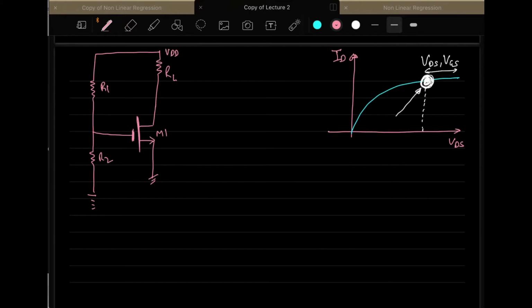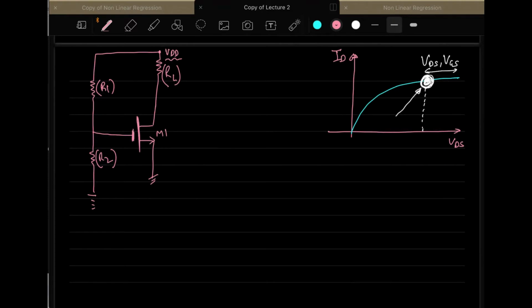Okay, okay. So this is basically one way of biasing the transistor. Here you have the M1 transistor, and you are biasing it using this configuration where you have two resistances R1 and R2 connected like this, and RL, the load device, connected at the drain of M1. So, what is the advantage? What is the purpose of adding R1 and R2?